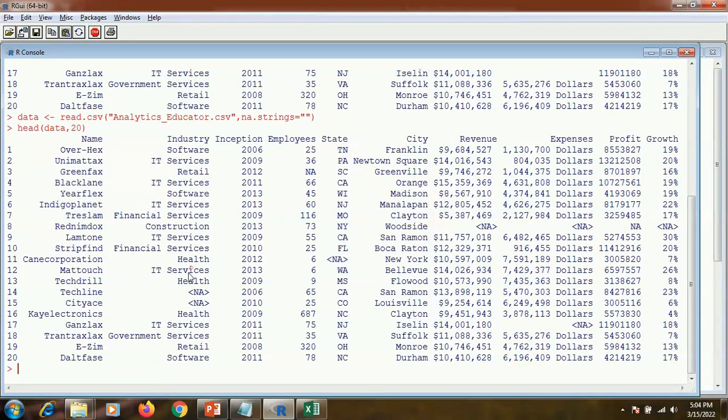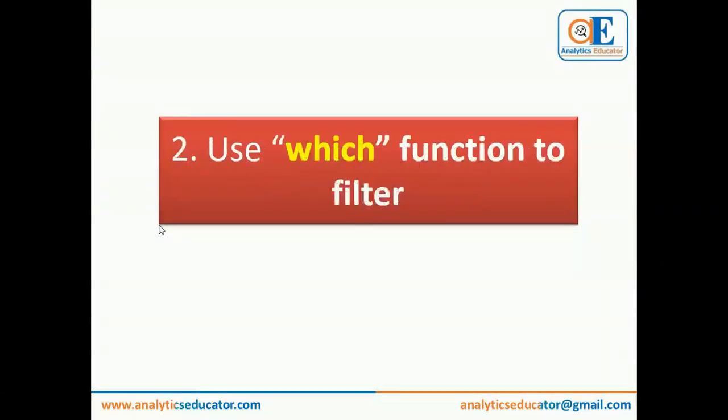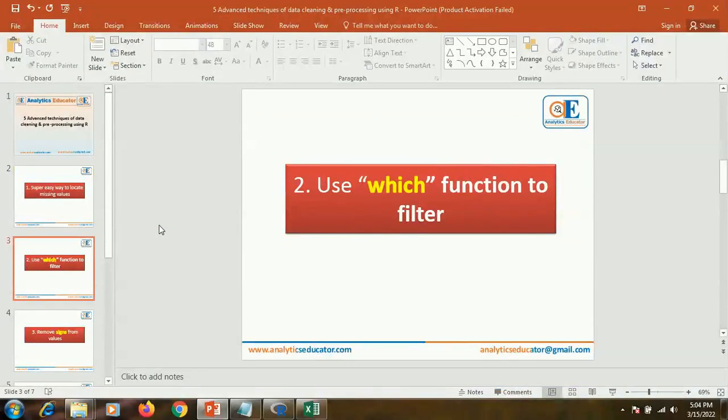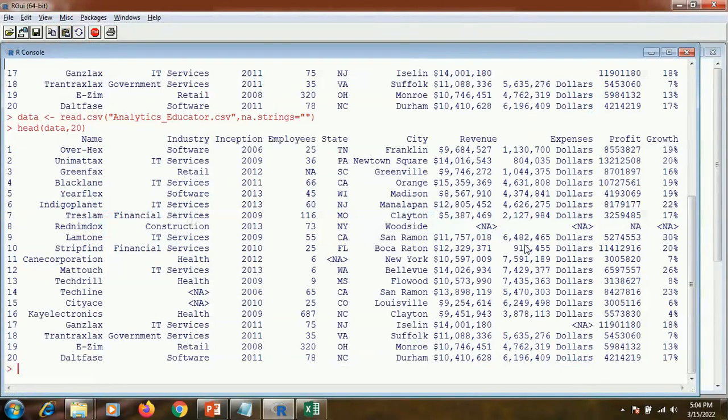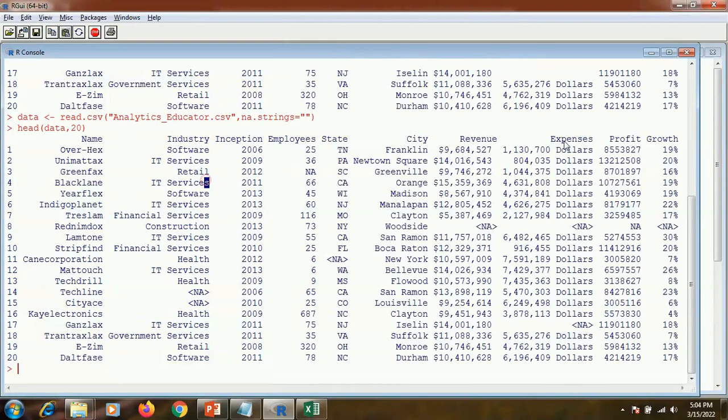Now the next tip will be, in case sometimes we try to use a filter and there is some problem, there is the which function which is going to help us. Suppose I want to do a filter on this profit. Wherever the profit is this value, I just want to filter them out. So how do you filter them? You simply write data and data dollar profit